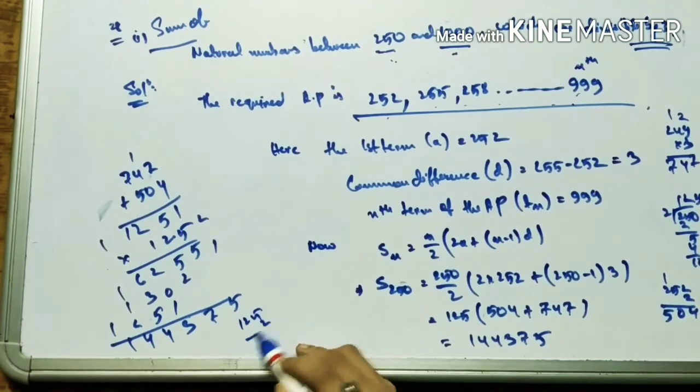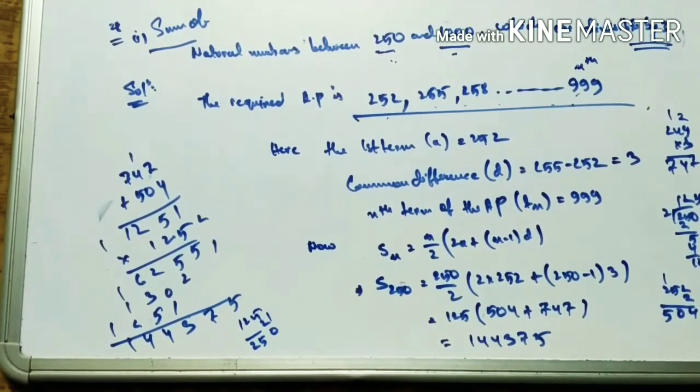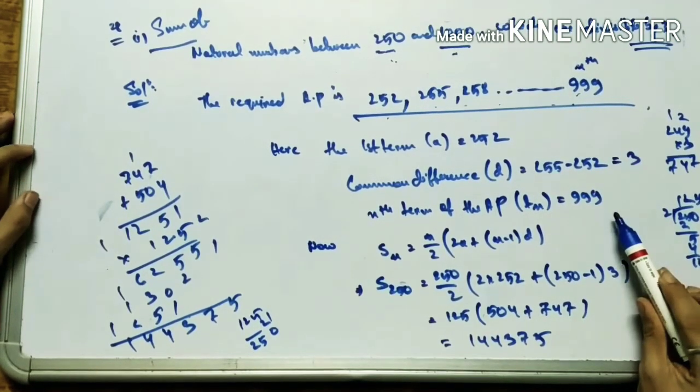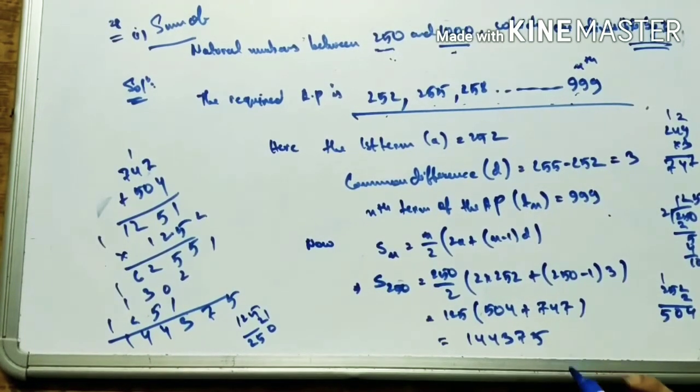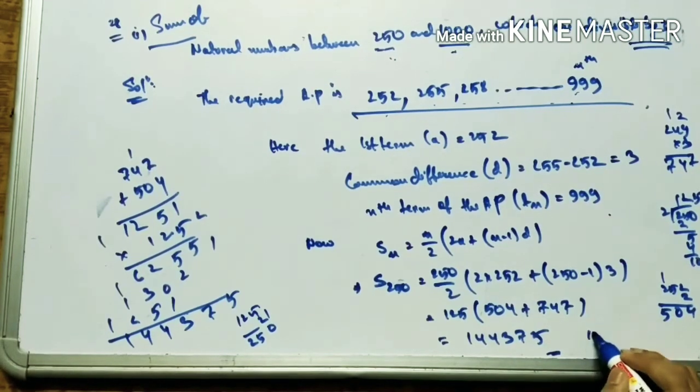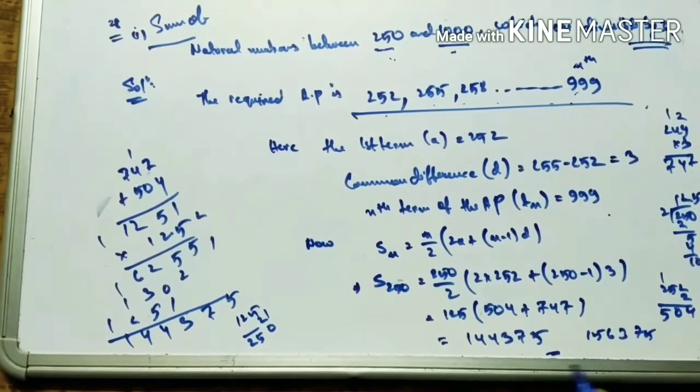250, 125 to the 2 to the 4, 200, 250, correct there. Sum of the nth term Tn given from their 250 terms. This is not matching with the back answer. Okay, this is not matching with the back answer. Your back answer is 156375. This is 56. It is not coming. So where